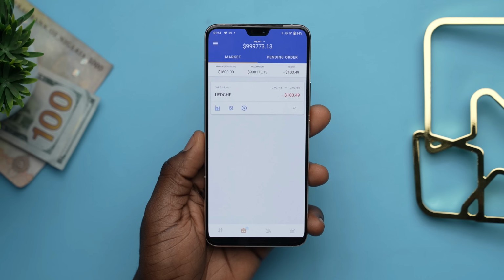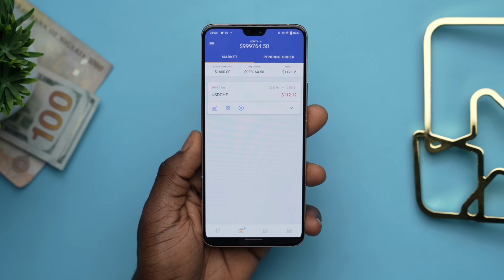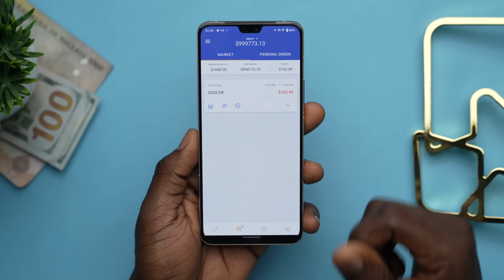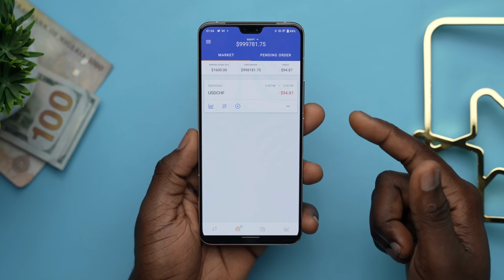This currency pair is for the dollar to the Swiss franc. I shorted it in 8 lots. And remember that I said one lot is supposed to be around $100,000 of the base currency. The number changes in the profit or loss that I stand to make.